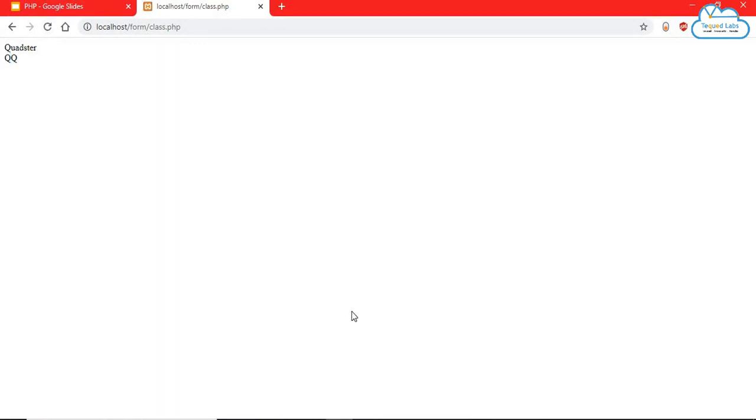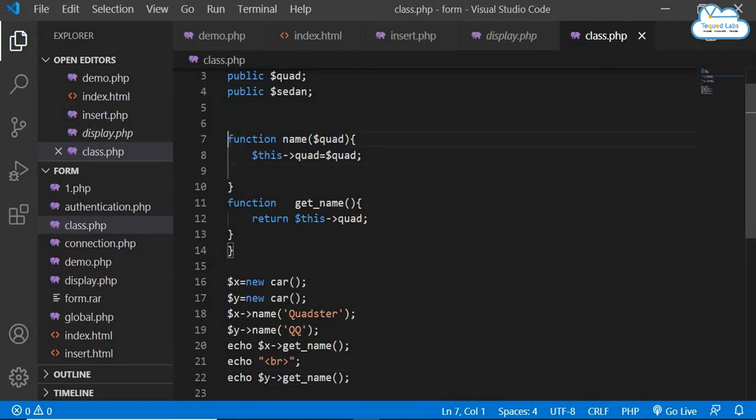Correct? So basically, let me explain once again. Here I have created a function, I have assigned it to quad. Here I am returning that quad using this pointer. Now whatever objects I am creating here, that is $x equals new car, $y equals new car, $x is equal to this particular name I have used, $y is equal to this I have used. Again, to get that particular name, I am going to use this return. In this return, I have already created a function, so directly you can call this function, or else you will have to write this again, right? So this is how you can create an object